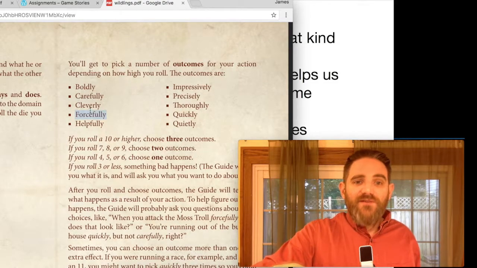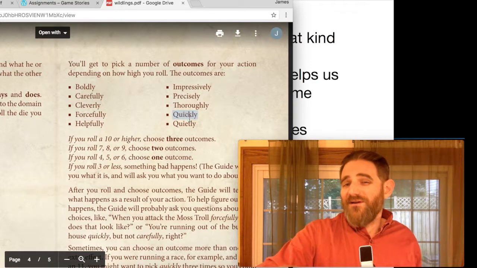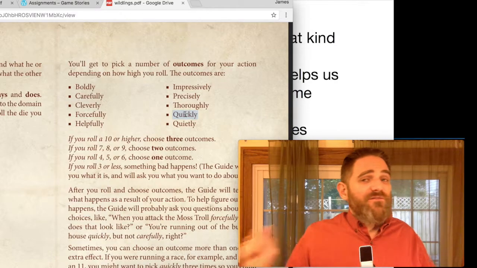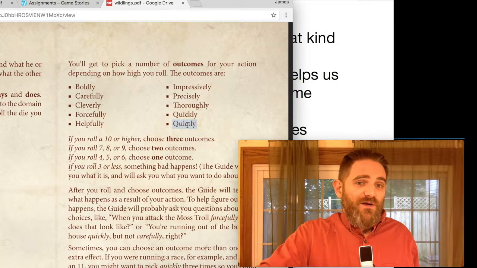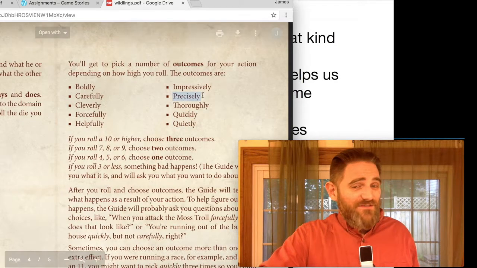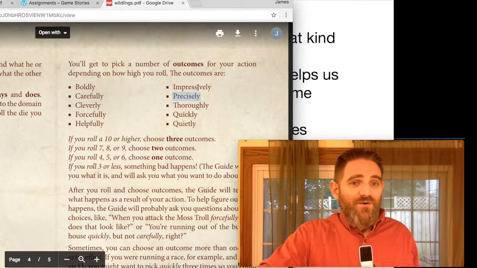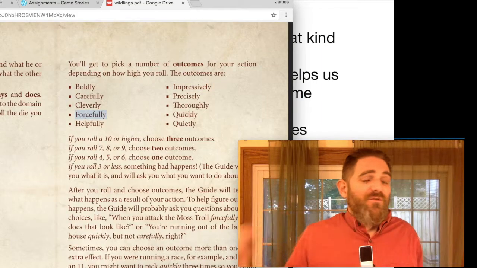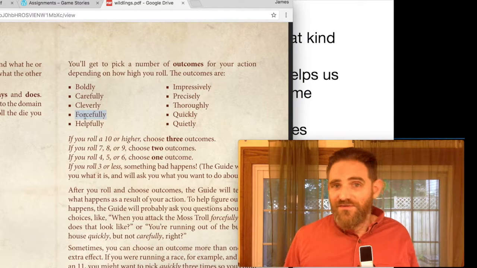And we assume that if I did something quickly, then I probably also didn't do it quietly. Right? If I only got one outcome and I picked quickly, then it got done fast, but maybe somebody heard, or I didn't get it done quite right. It wasn't very precise, or it was a little bit sloppy and no one was impressed, or I didn't have quite enough force to achieve a certain result, but in